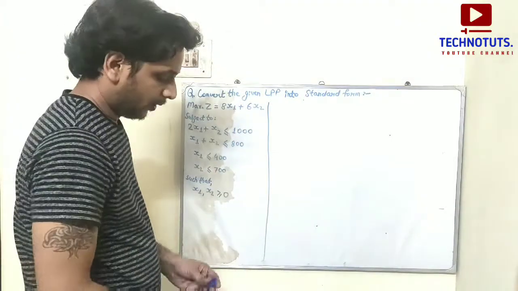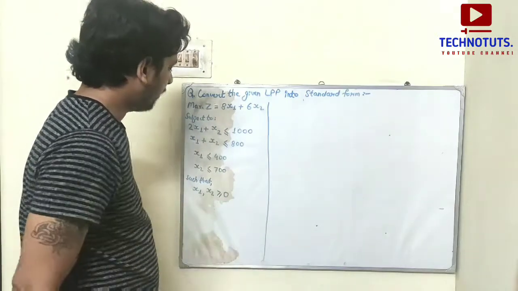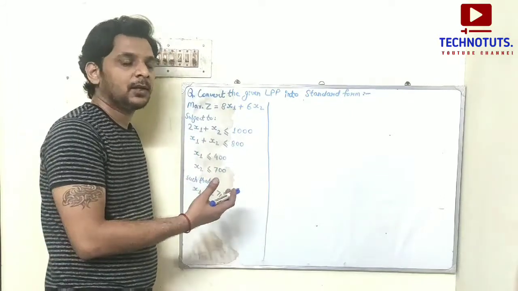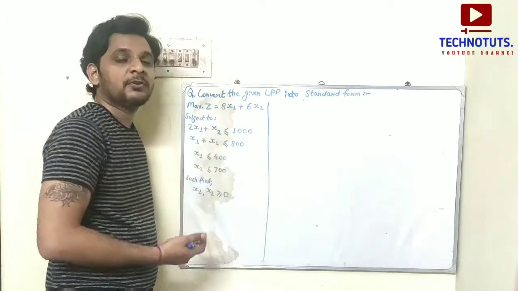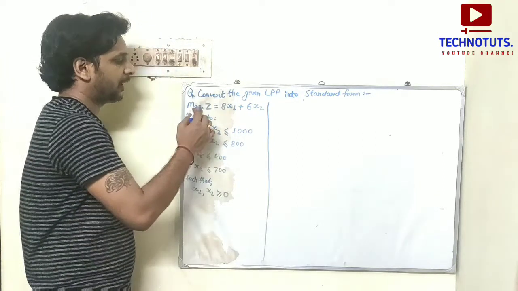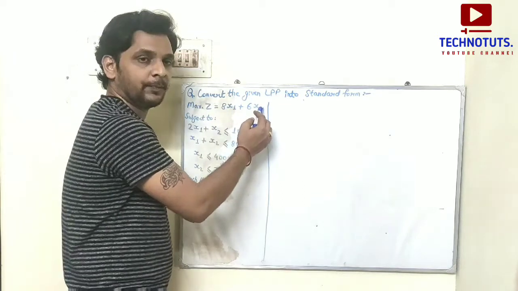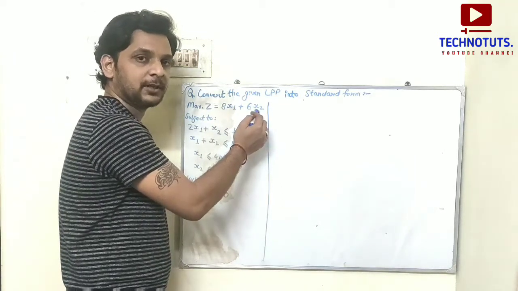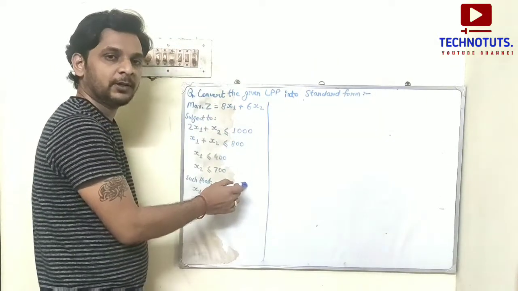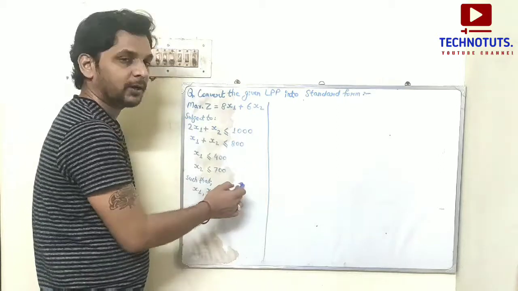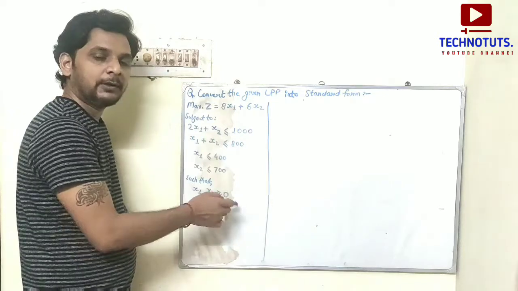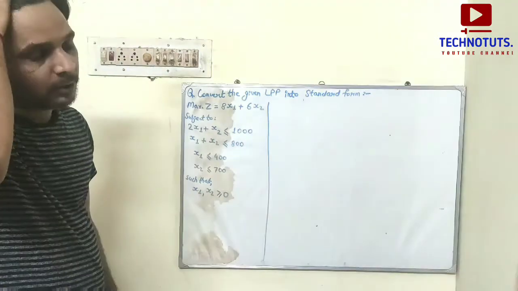For a general introduction, let us know what the decision variables are, what the constraints are, which equation is the objective function and which equation is the non-negativity condition. Here, maximize z is equal to 8x1 plus 6x2 is known as the objective function equation. Whatever equations are given in the subject to part are called constraint equations. Whatever is given in the such that part is known as the non-negativity conditions.